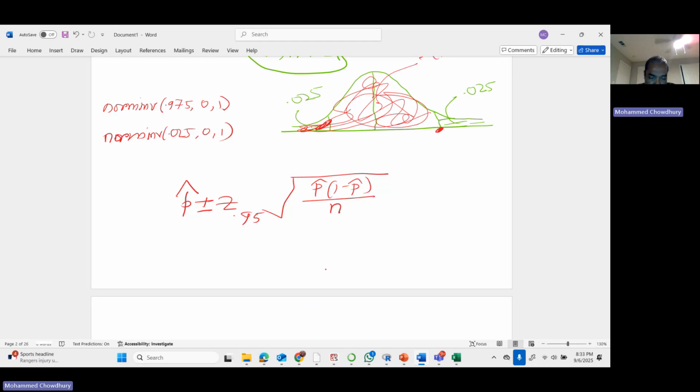Okay, divided by n. Now according to the sample, our p hat is 0.60, plus minus